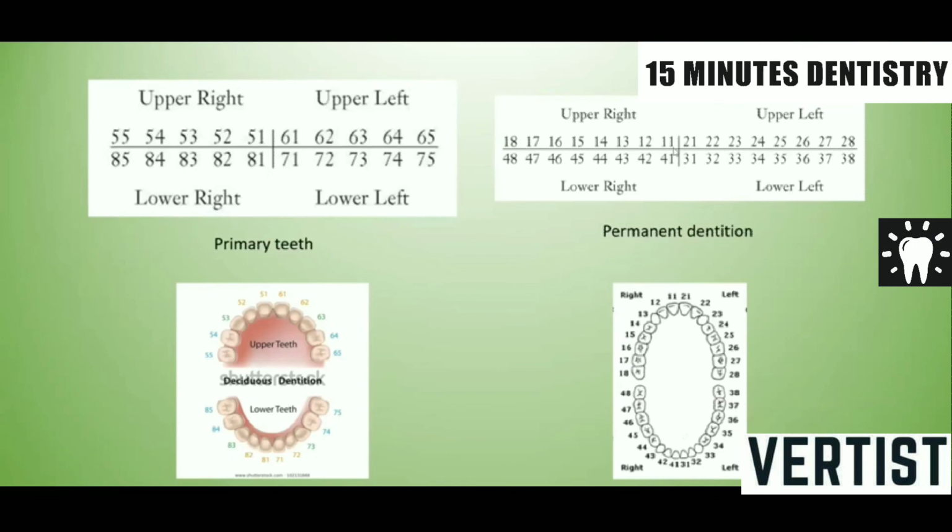In permanent dentition, again the quadrant numbers are given, 1, 2, 3, 4, and the first digit indicates the quadrant number. Again, it starts from the midline going backward. Here you can see 1, 3 indicates the upper right maxillary permanent canine, while 3, 4 indicates the lower left mandibular first premolar. So, for example, 3, 3 is the lower left mandibular canine, which is spelled as 3, 3, not 33.